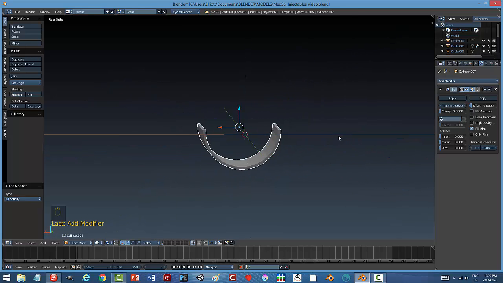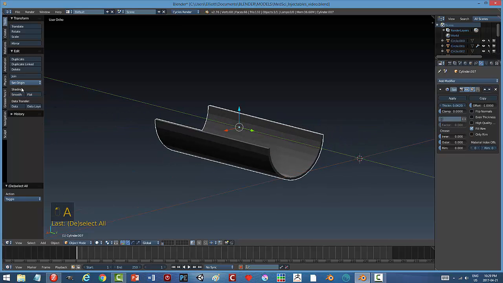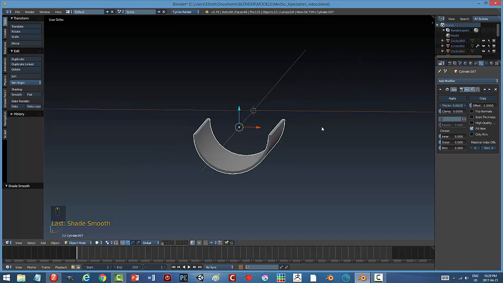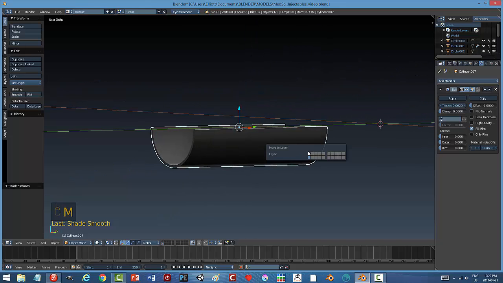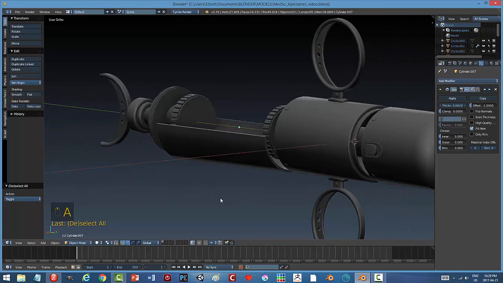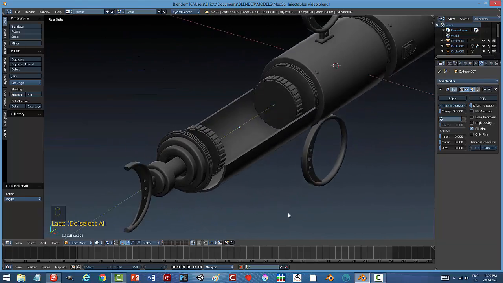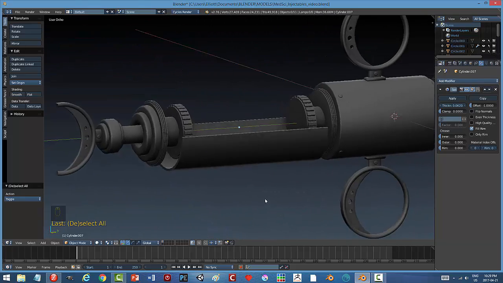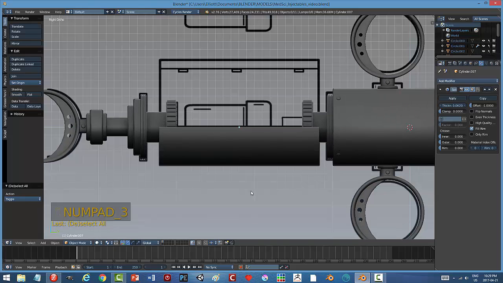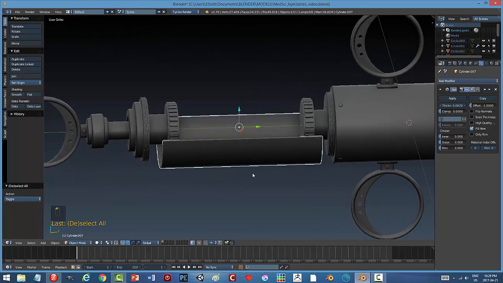Try it like this. And bring it back and see what it looks like. It would be like that. Okay. And then what I would do is I would take this,